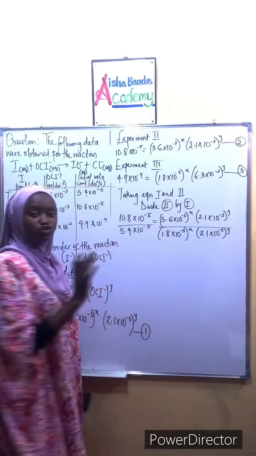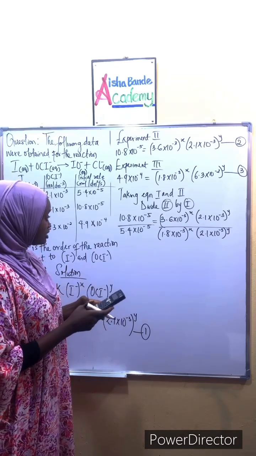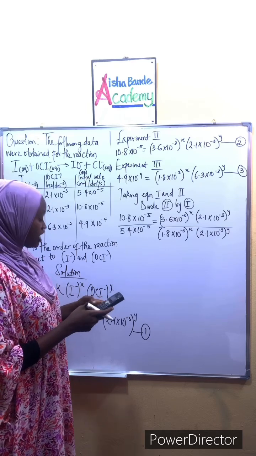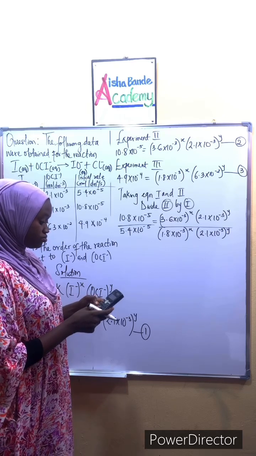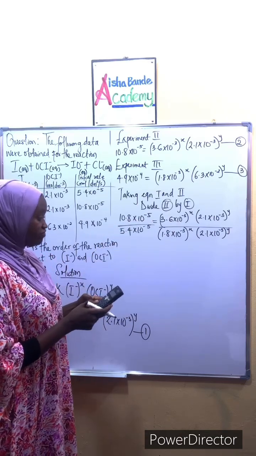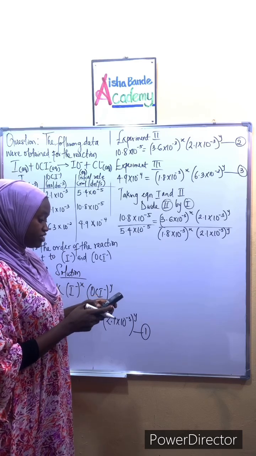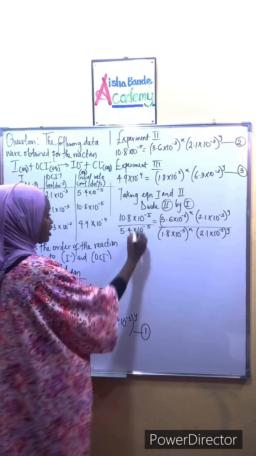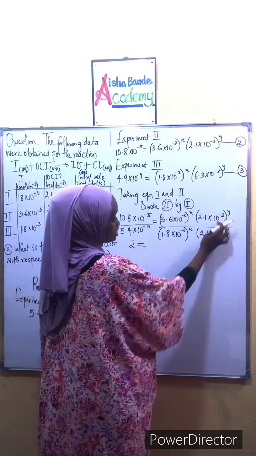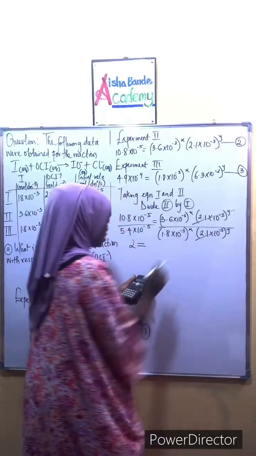From here, all we need to do is to use our calculator to simplify the expression we have on the board. So we have 10.8 times 10 to the power of minus 5 divided by 5.4 times 10 raised to the power of minus 5. So this gives us a value of 2, as you can see, here at the numerator and denominator, they are the same. So this cancels out and we are left with